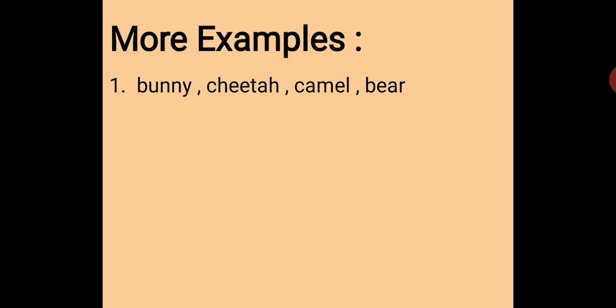Now we are moving on to the words which begin with C. Which are they? Cheetah and camel. Here also their first letter is the same. Then what can we do? We move on to the second letter of the word. Which are they? H and A. Now we have to compare H and A. Between them, which letter comes first in alphabetical order? A. So, which is the third word of the answer? Camel. And which is the fourth word of the answer? Cheetah. Okay, now we get the answer.